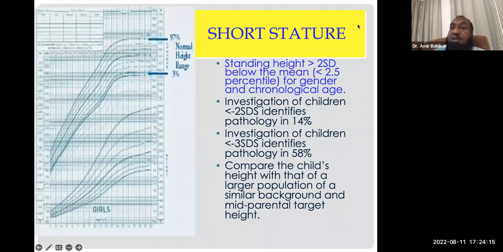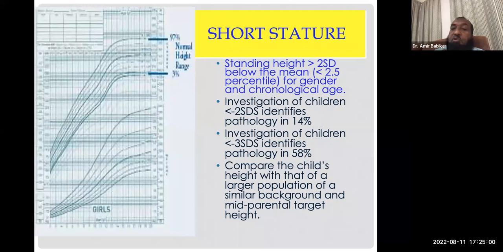If we talk about the standard deviation, obviously more than 2 standard deviations, as per the bell curve, means the patient is outside the normal zone. So short stature is defined as more than 2 standard deviations, or 2.5 in some literature, or the 2.5 percentile, 3rd percentile, below the mean. This mean needs to be the appropriate mean for this population, for gender as well. That's why you have a boys chart and a females chart, and chronological age.